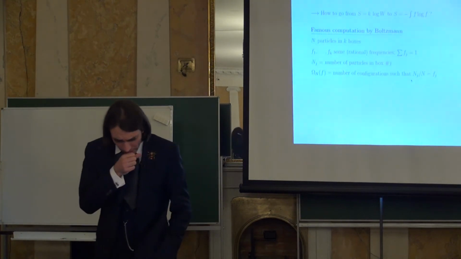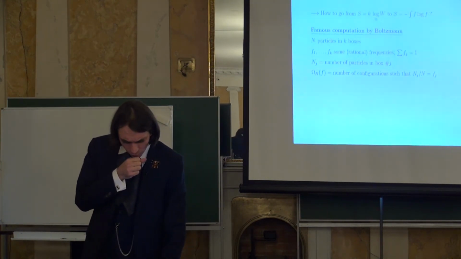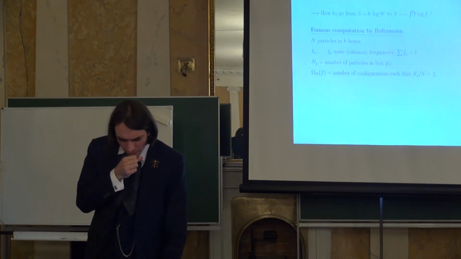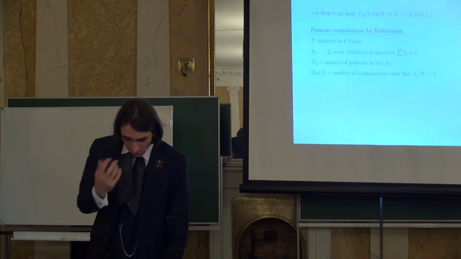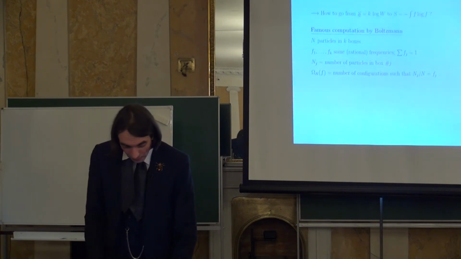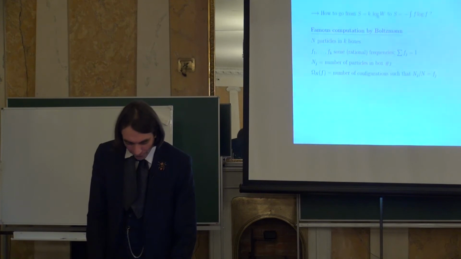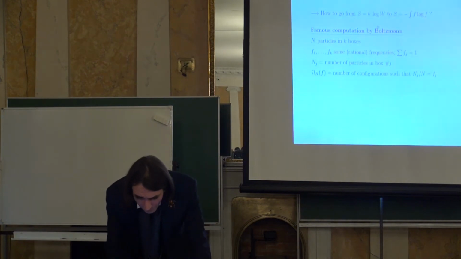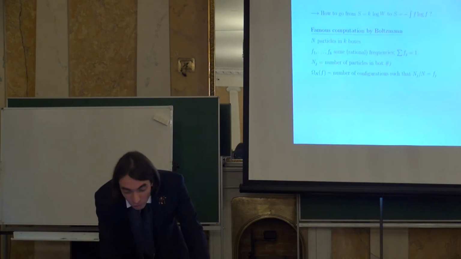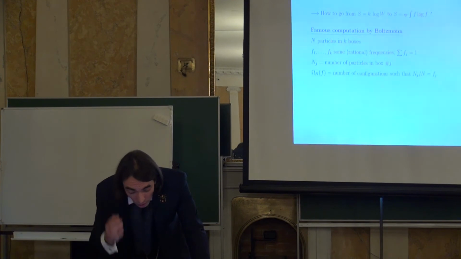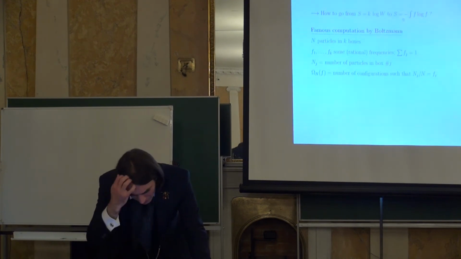So, as I explained, Boltzmann showed how to go from k log W to minus integral of f log f. This formula here is very important. Conceptually, it is at least at the same level as the famous E equals mc squared of Einstein. However, it is impossible to apply in practice. How do you compute W? So it's very important that Boltzmann gave us the recipe that you can use as an engineer, to compute in practice the entropy from F.